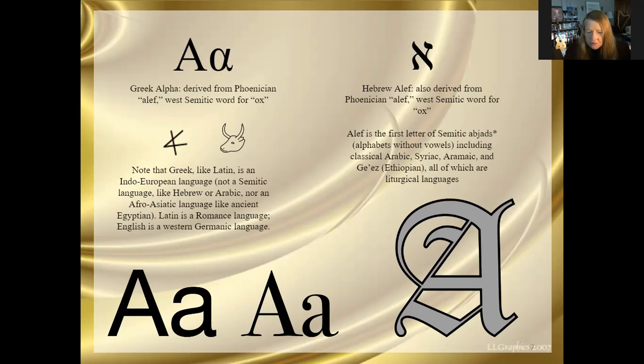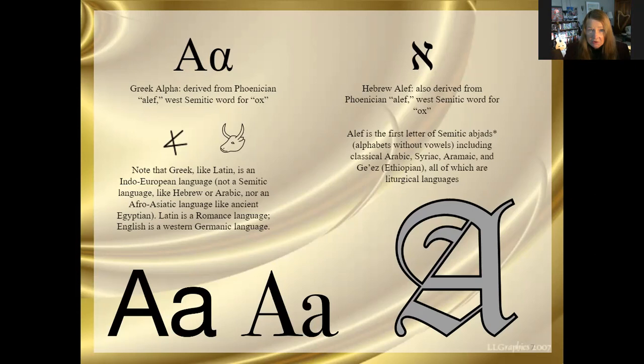Languages like Hebrew. So Aleph is the first letter of, I think, all, but at least many of the Semitic abjads. That is an ancient, usually liturgical alphabet that doesn't have vowels, like Classical Arabic, Syriac, Aramaic, Ge'ez,